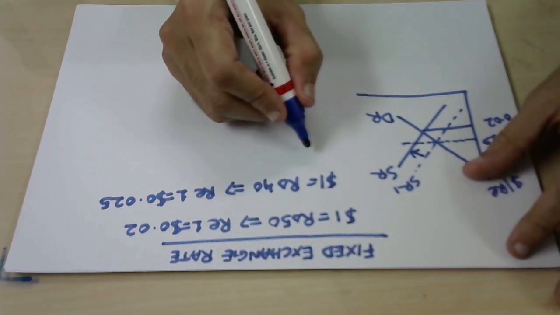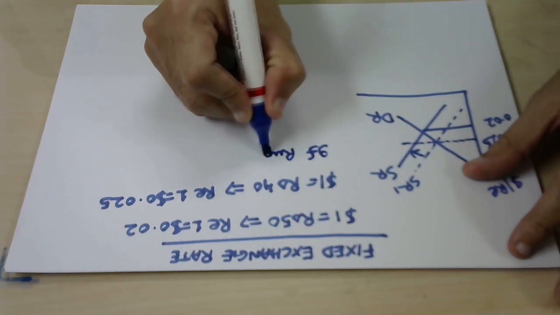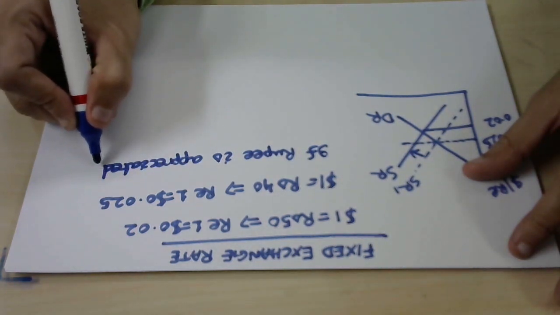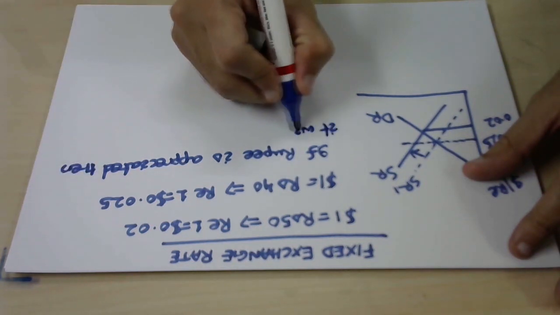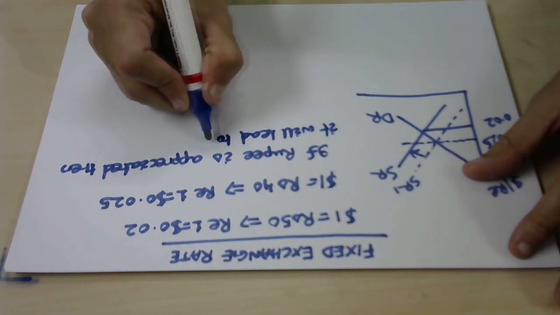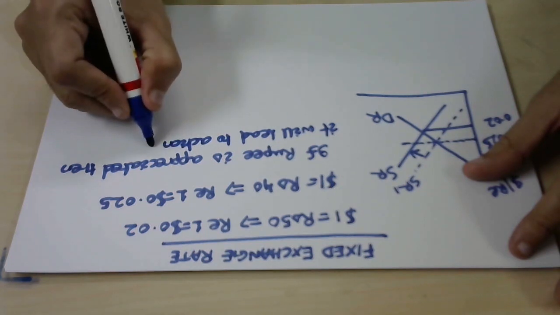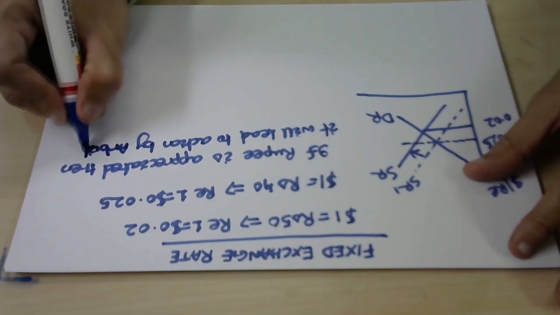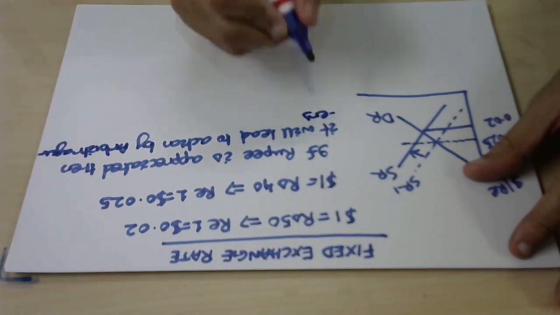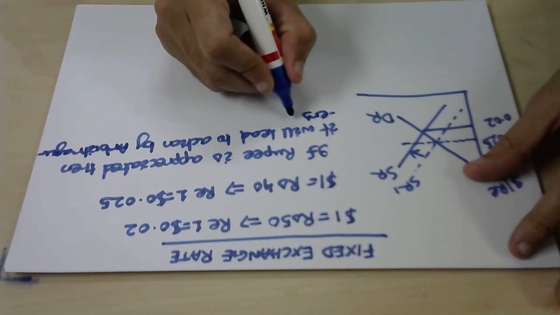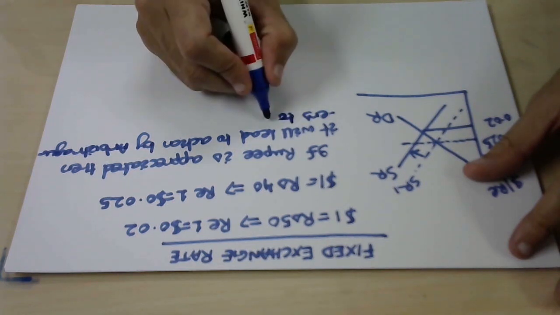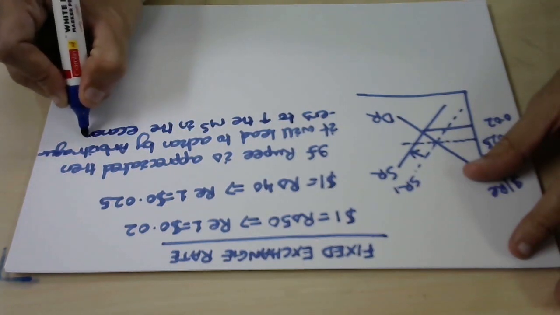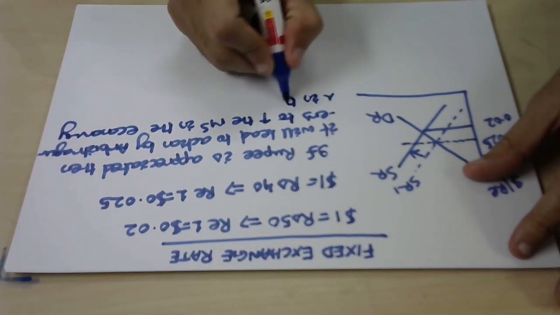So if the rupee is appreciated, it will lead to action by arbitrageurs to increase the money supply in the economy, and in the process